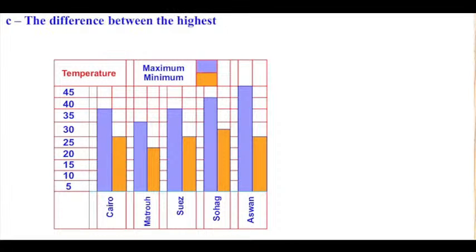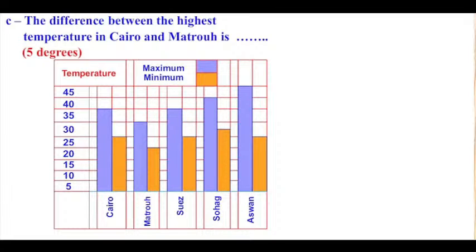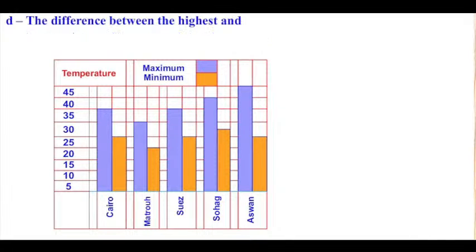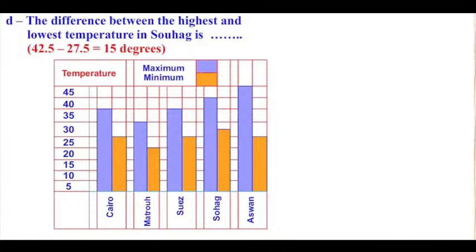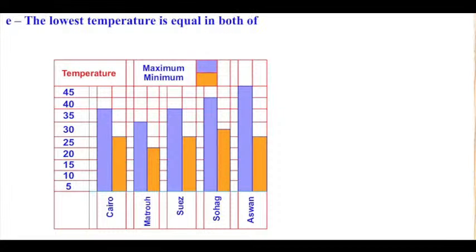C. The difference between the highest temperature in Cairo and Matruh is how many degrees? D. The difference between the highest and lowest temperature in Sohag is what? E. The lowest temperature is equal in both of